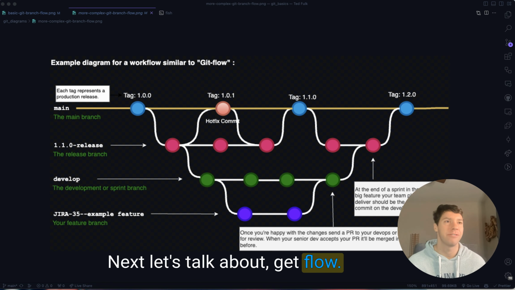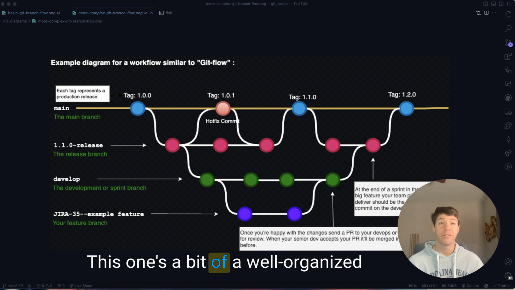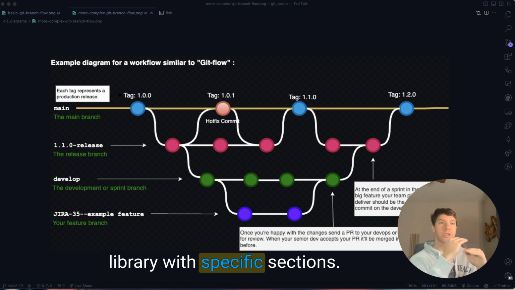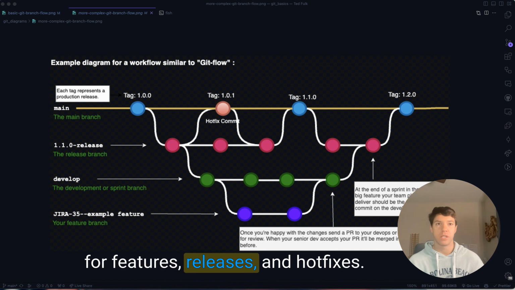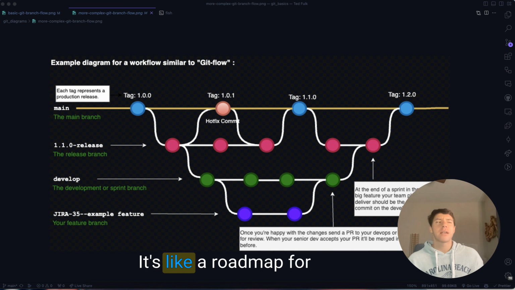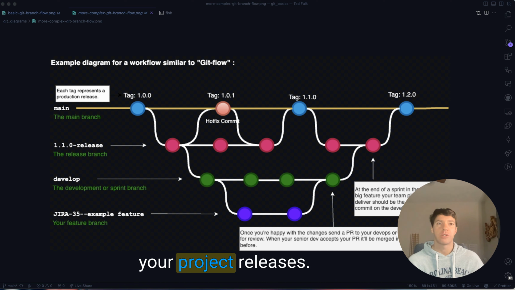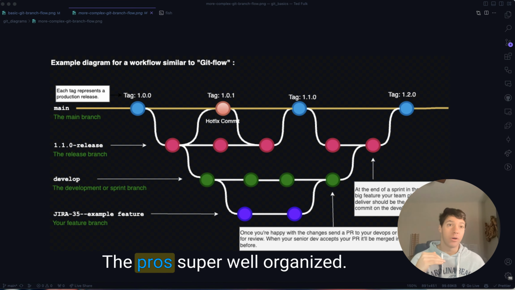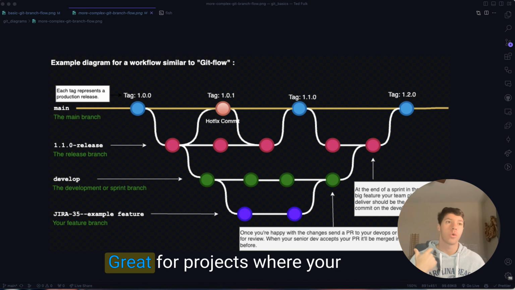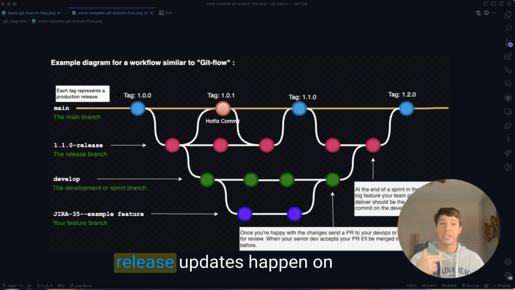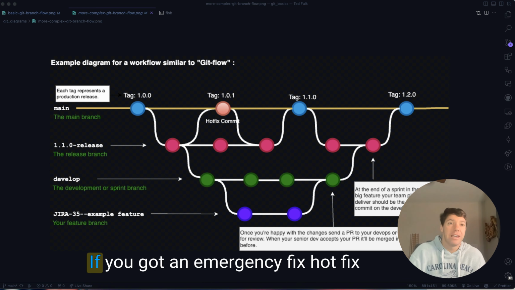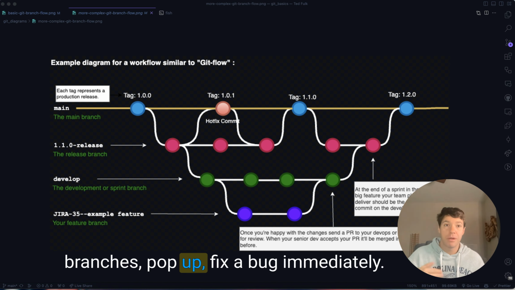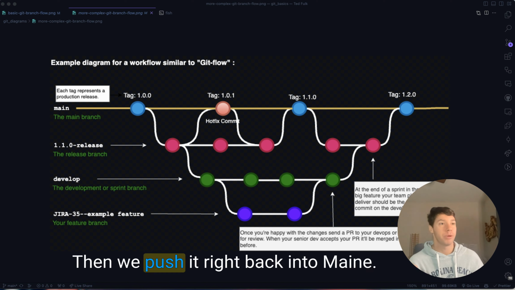Next, let's talk about Git Flow. This one's a bit like a well-organized library with specific sections. You've got a clear structure with branches for features, releases, and hotfixes. It's like a roadmap for your project releases. The pros, super well organized, great for projects where your release updates happen on a schedule, like a TV series. If you've got an emergency fix, hotfix branches pop up, fix a bug immediately, then we push it right back